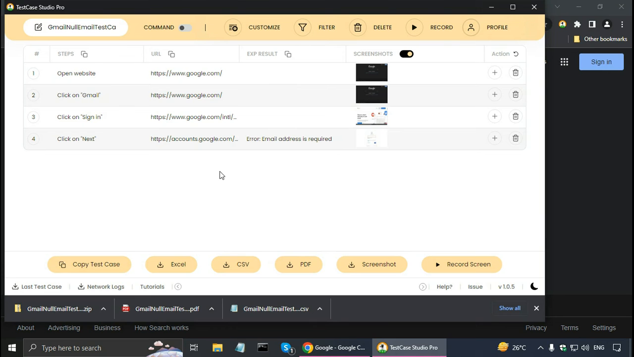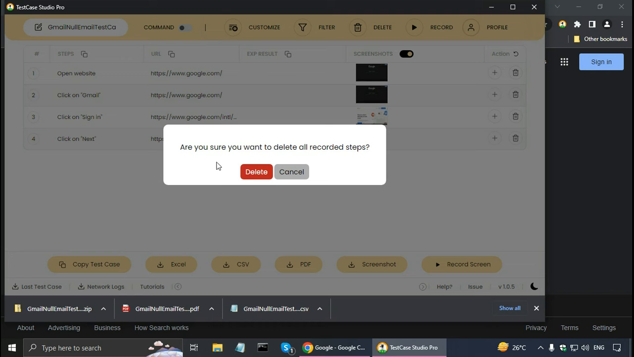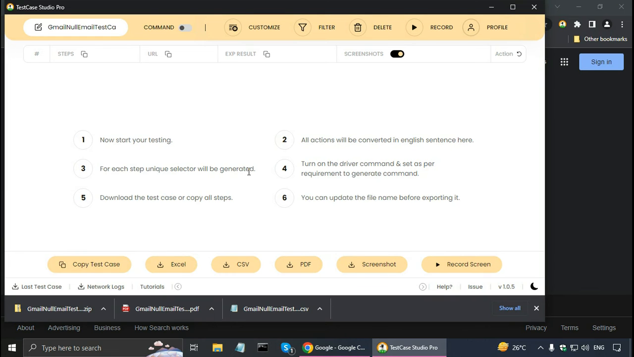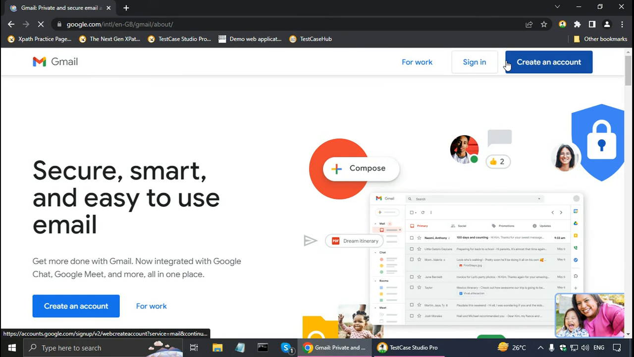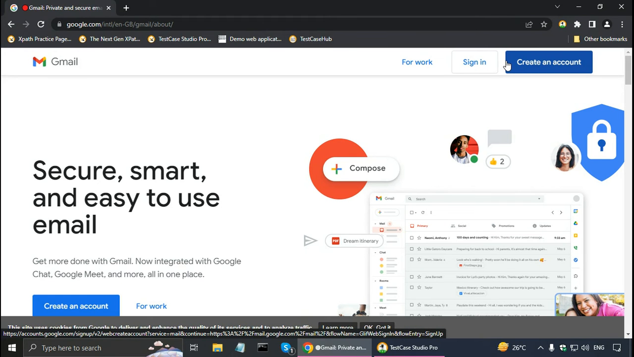So for that, I can delete these steps individually, or I can delete all steps from here. So it gives a confirmation warning. Are you sure you want to delete all recorded steps? And click on delete. Now I can click on record to start the recording, and here I am going to test the Gmail with a valid email but null password. So click on sign in,